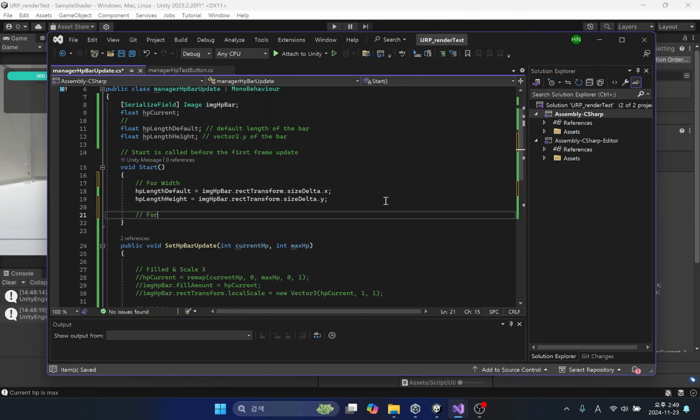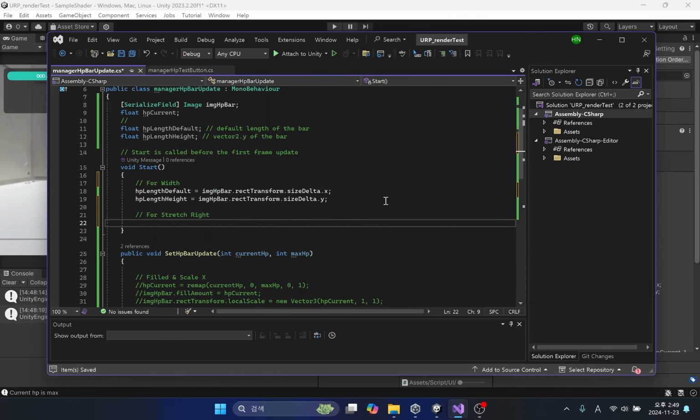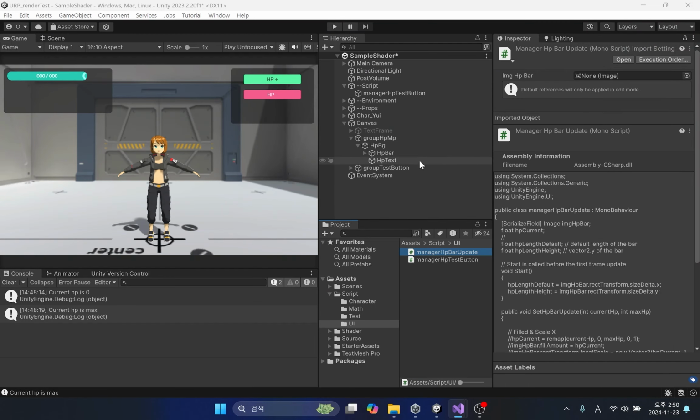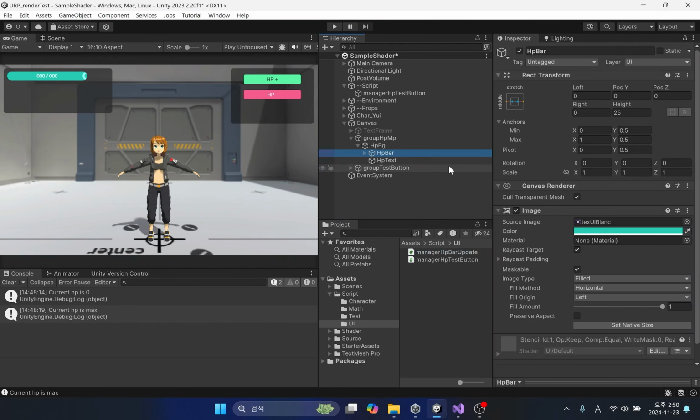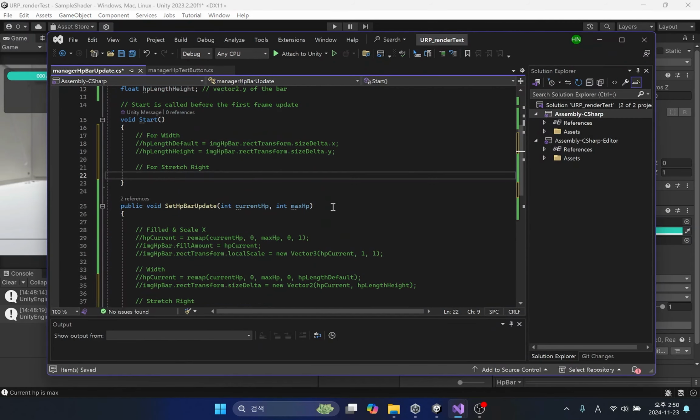Accordingly, the length and height of the image to be referenced and initialized must be measured in a different way. Let's see how to reference each item in the rect transform that has been changed to stretch.